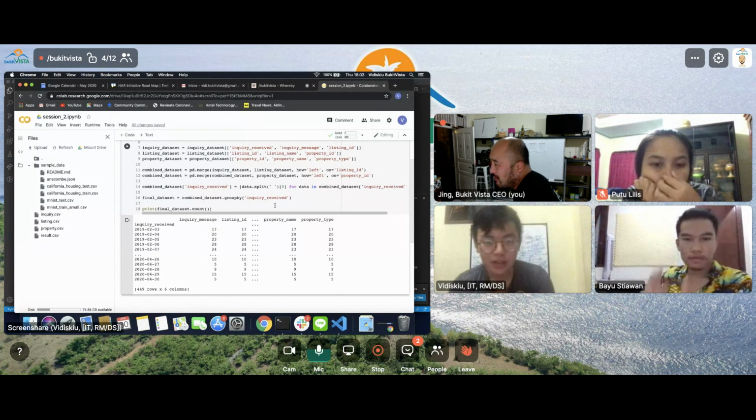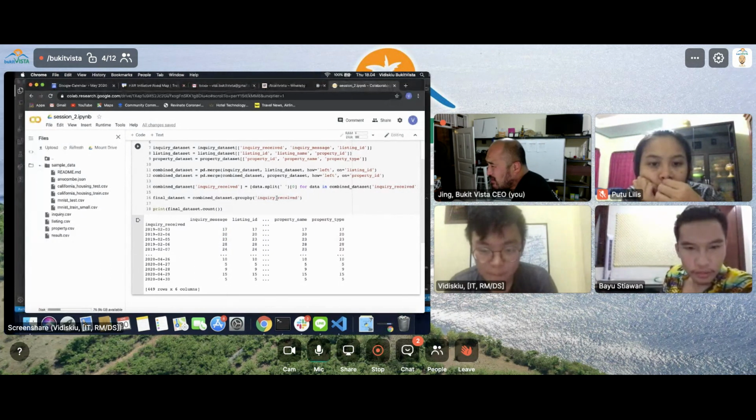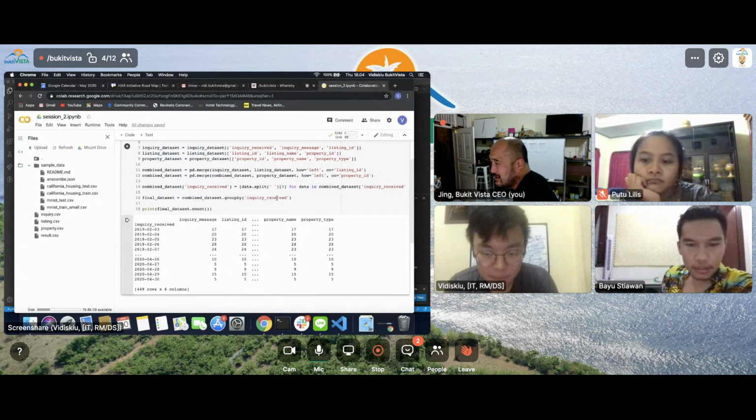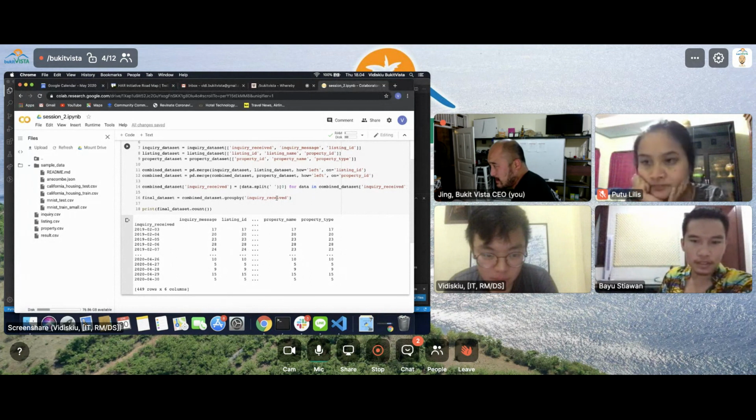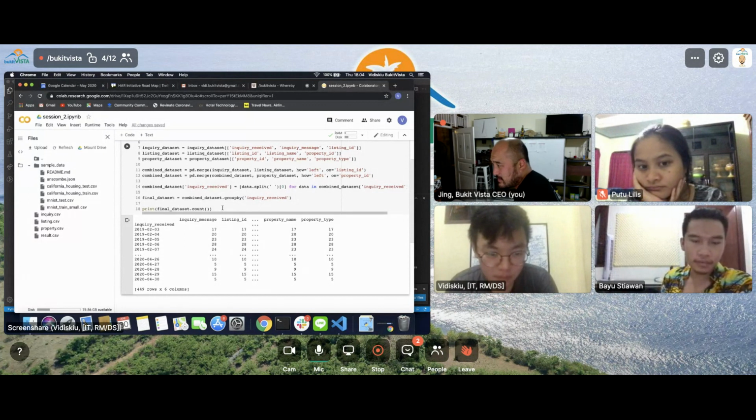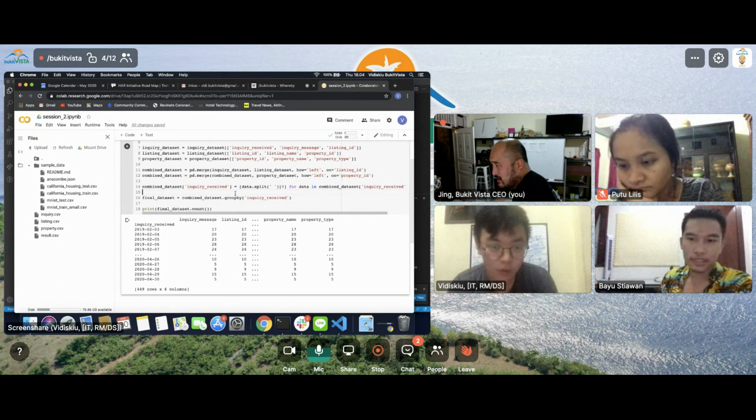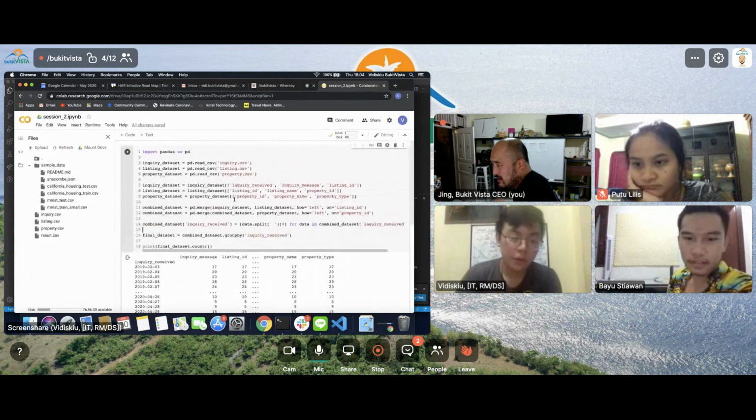Cool. Vidi, I have a question. In this way, we process the inquiry received into date. We are splitting it as a string, right? Is there any function in Pandas that we can use, not processing by string, but by the data type? Of course, yes. So if we try to print